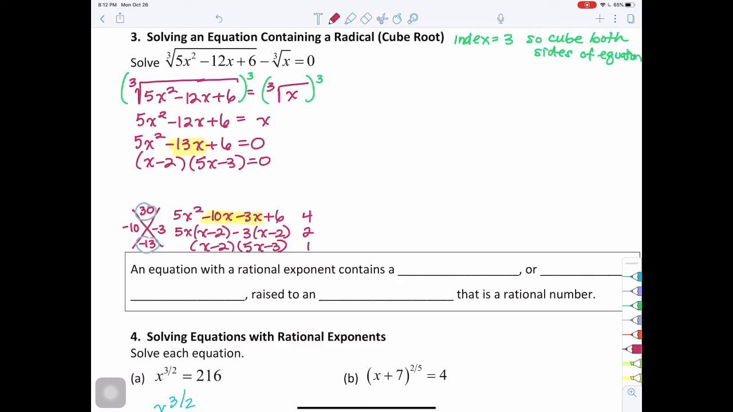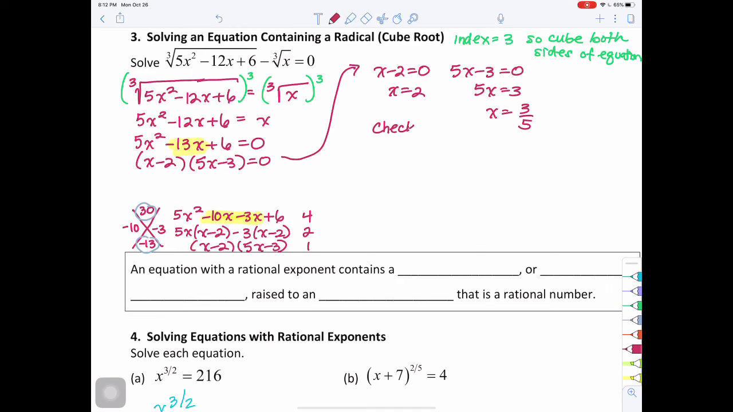So either x minus 2 equals 0 or 5x minus 3 equals 0, or they both could be equal to 0. So x is equal to 2, or x is equal to 3/5. Now you're going to be very happy that we have the calculator when we check both of those. So I'm going to just make a note so that we check both of those, and let's begin with x